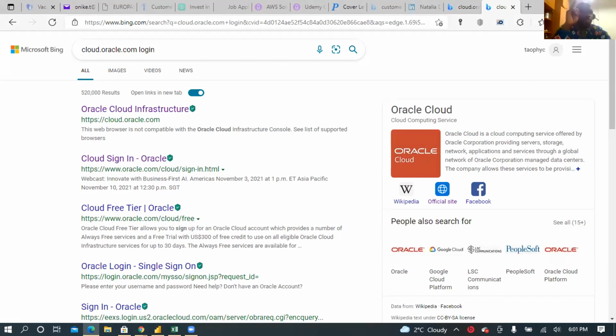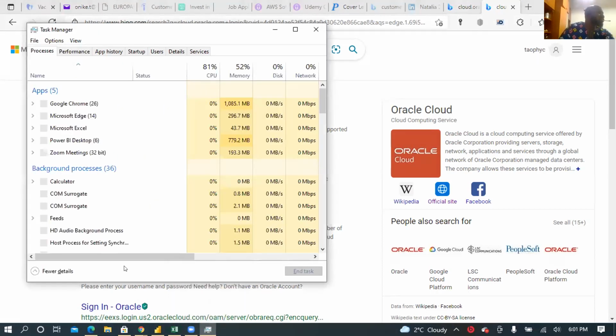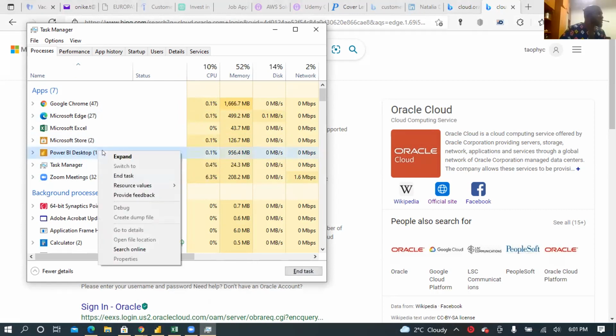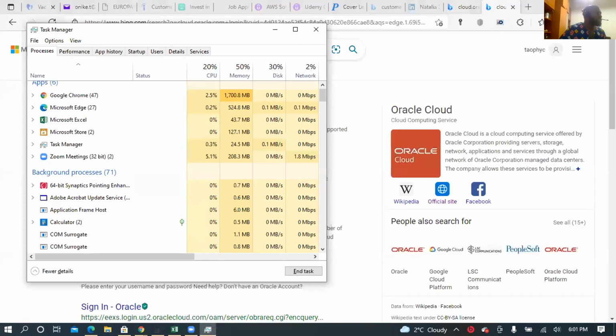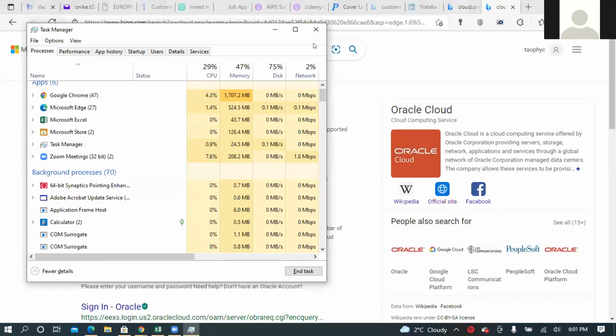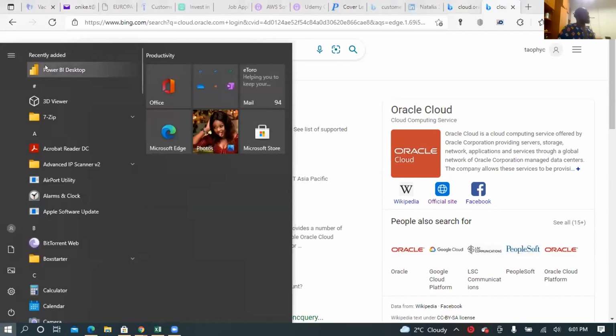Oh, escape. Okay. Yeah, so your task manager should pop up. Then just right click on this Power BI Desktop and end task. So it should end that way. Is it still open? No. So sorry, now you can try to restart Power BI again, and hopefully it works this time.